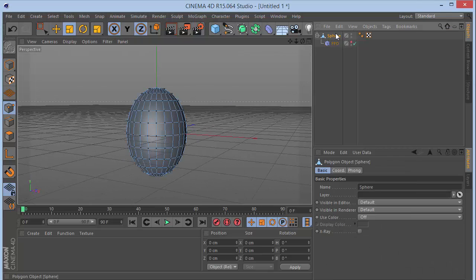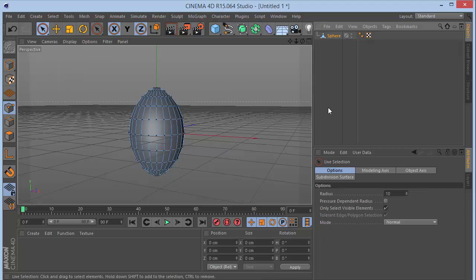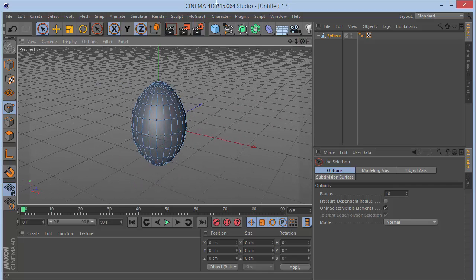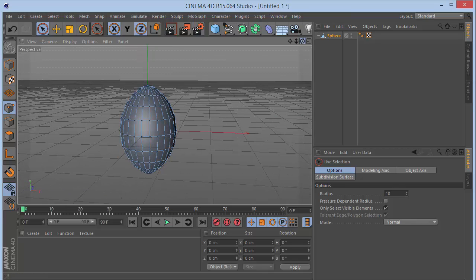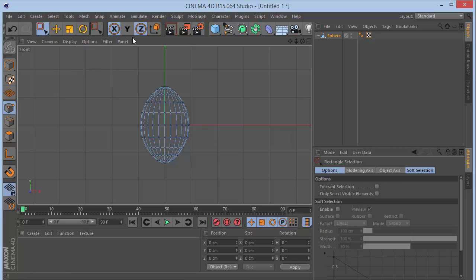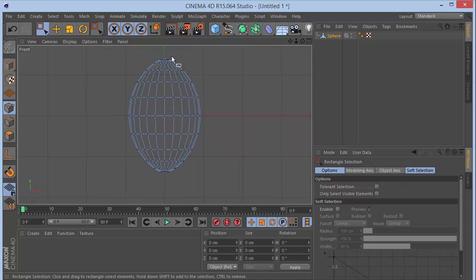And I'm going to go to the sphere, right click and choose current state to object, and we can delete this. Now what we have here is an object which is already deformed. Perfect. Okay, so once we have this set here, what we're going to do is go into our front view, and I'm going to select my rectangular selection again, and I'm going to select a bunch of points on the leftmost side. So if I go here and select all these sets of points,